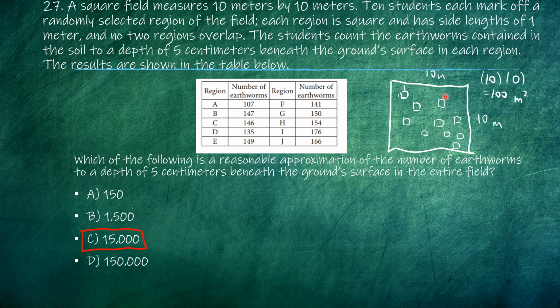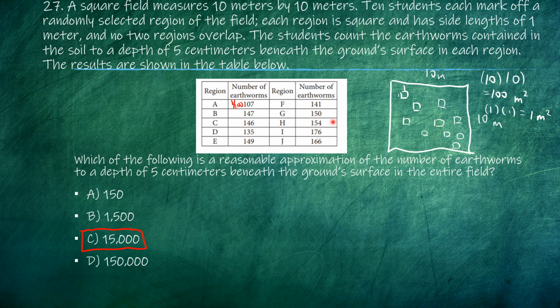And each of these small blocks is 1 times 1, which is equal to 1 square meter. In other words, each of these regions is 1/100th of the total area in the entire field. So if we were to repeat this small region, it will take 100 times in order to cover this